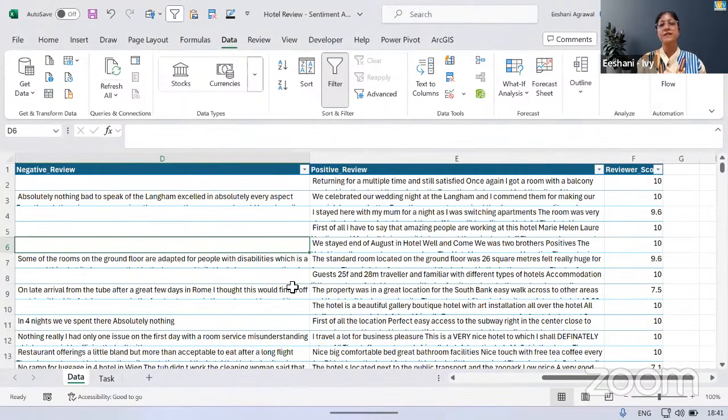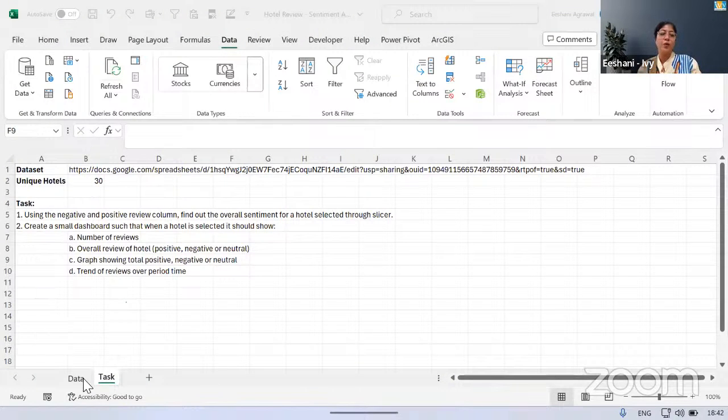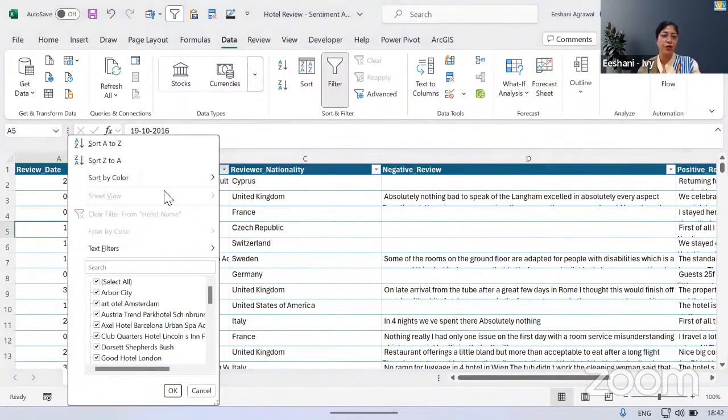Like I said, all the sentiment analysis was done through a lot of coding. Now we are moving in the era where we are moving from heavy coding to no code or low code technology. And with AI coming in such a big way into our lives, it has made our work even more efficient and faster, right? So today's task, we are having information about 30 hotels, and 30 hotels' data over various years. So it's not that one hotel's data is given only one time. So for example, if I pick